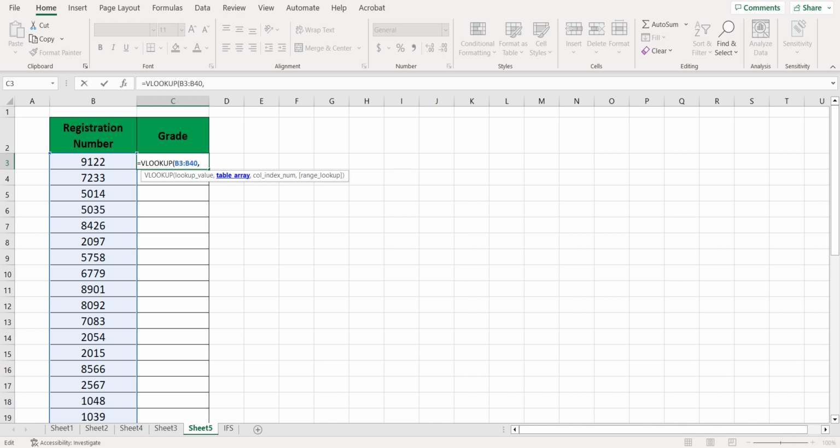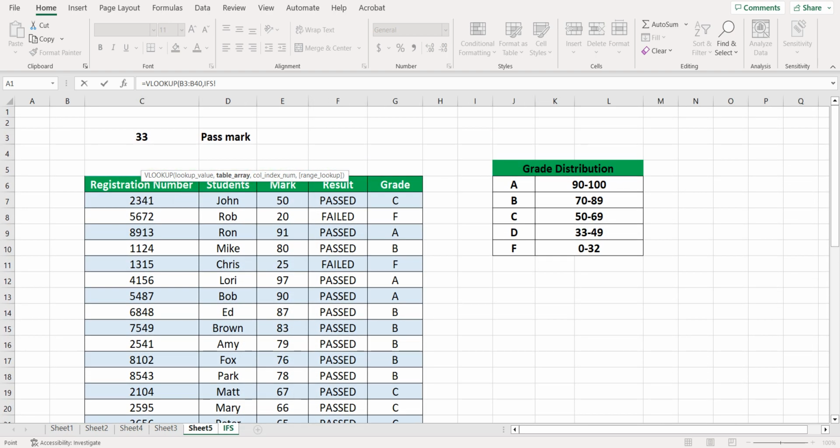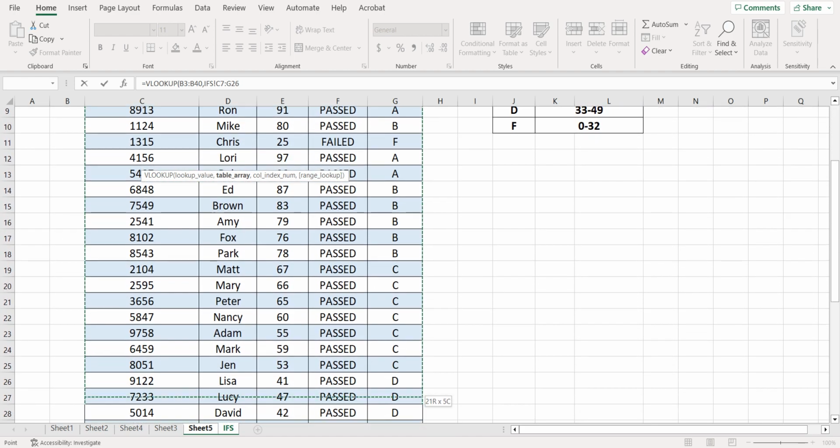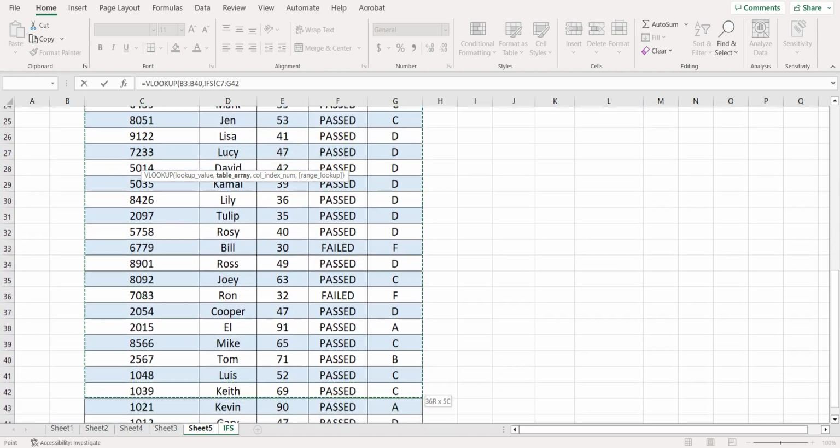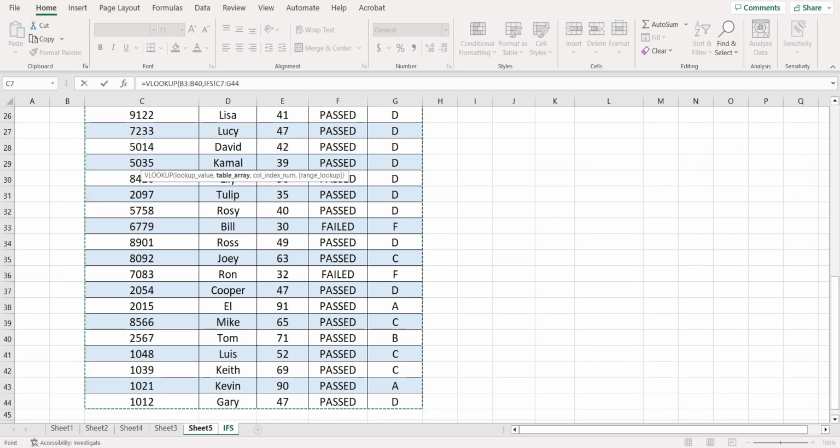So that means from where this lookup value is going to be matched or looked up. Okay, so in this case we are going to look up from another sheet, which is IFS here. So I'm going to look up from this table. Okay, so for this you have to select all this table array. Okay, so after selecting, just click on the table array,